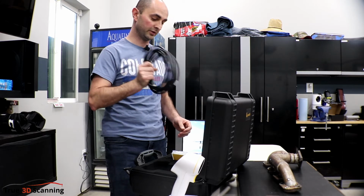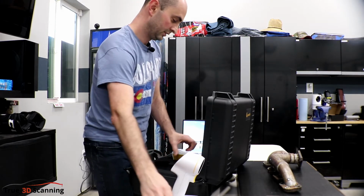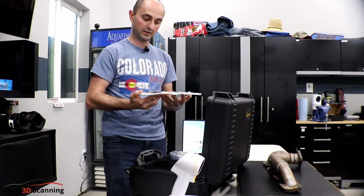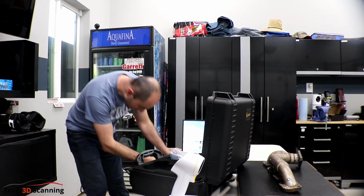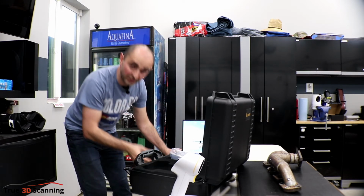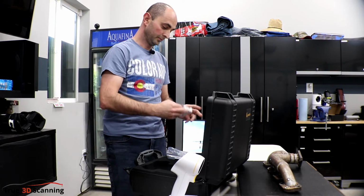We have the cable to connect the scanner to the computer, to the power adapter. And then here's the power adapter itself. We also have the dongle. So this is the P2C. This contains the software. What we'll do is we'll plug it into the computer. So then when we start up the software, it'll recognize it and